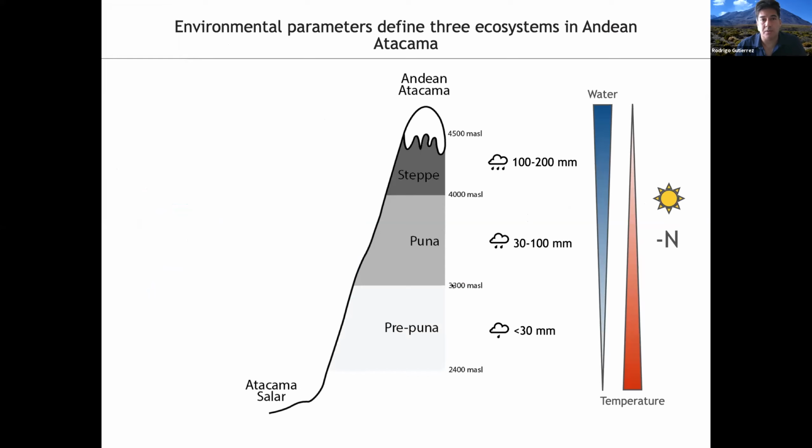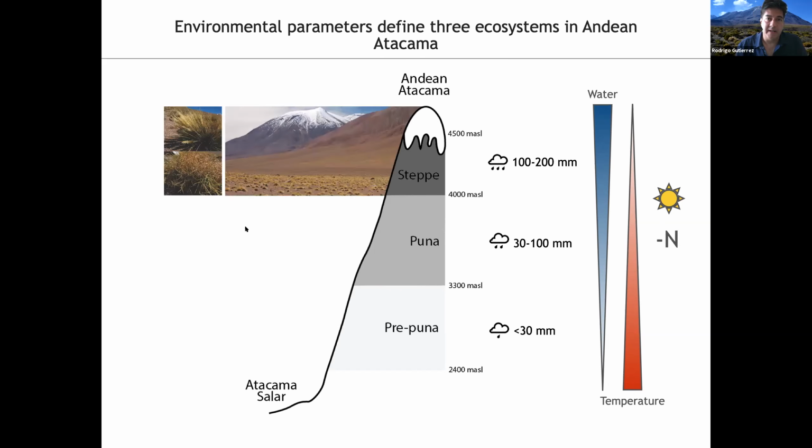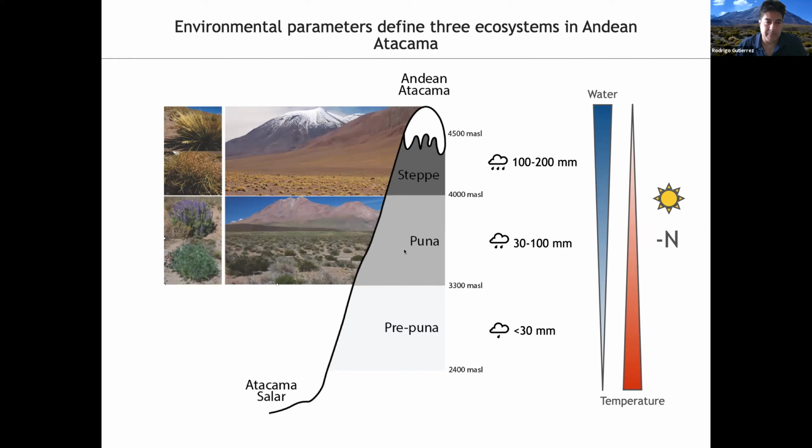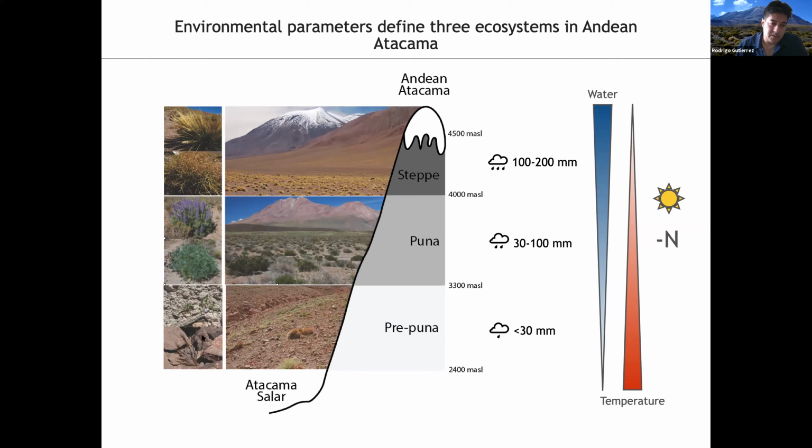So the combination of environmental parameters, from which water, as I mentioned, increases toward the top, and temperature, which decreases toward the top, are probably the most important. Also, the lack of sufficient nitrogen, and also high radiation, defines 3 ecosystems: the steppe, which is dominated by perennial grasses, as you can see here in this picture; the puna, which is the most diverse ecosystem in this transect, dominated by shrubs and subshrubs; and the prepuna, which is the most extreme environment near the edge of the absolute desert,